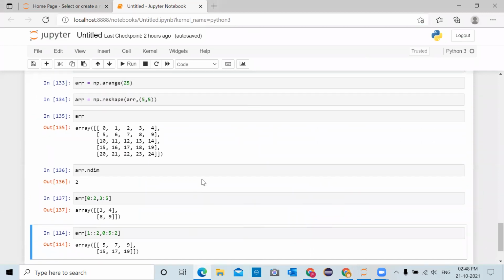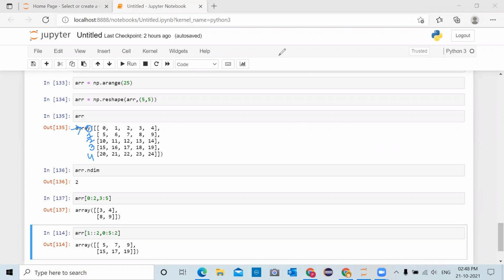So moving back to the example array again, if you go to the drawing board and write, this is column 0, this is column 1, this is column 2, this is column 3, this is column 4. So we want even position.